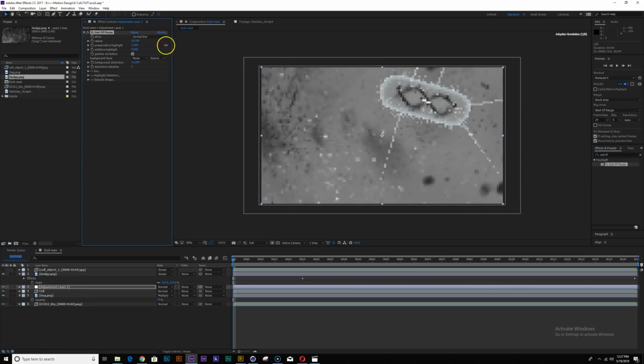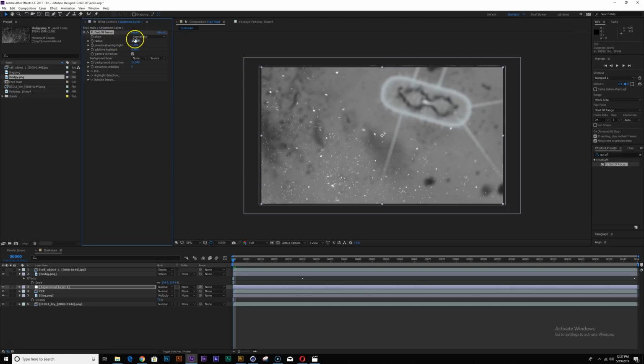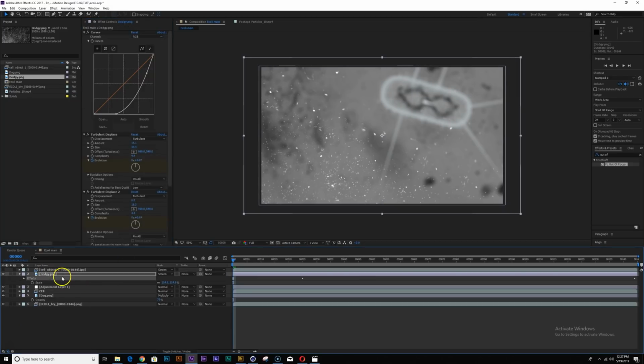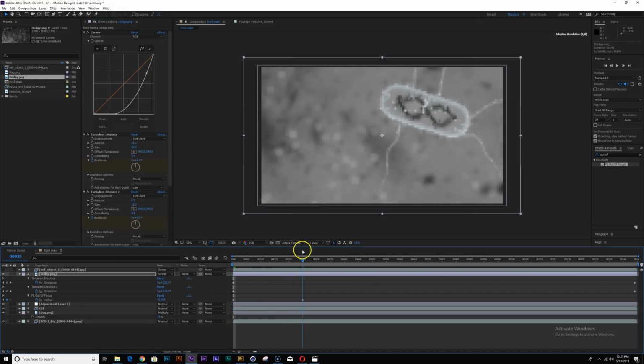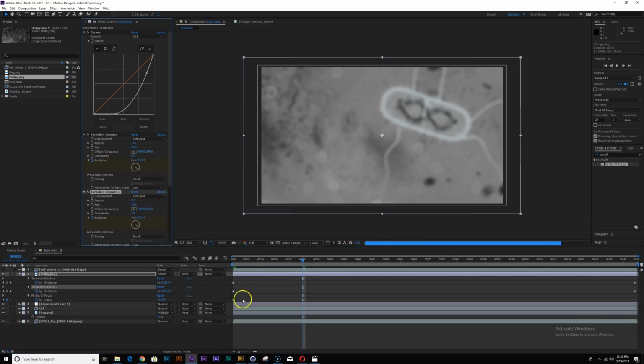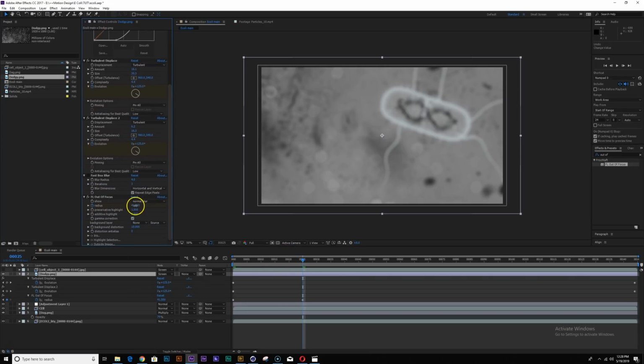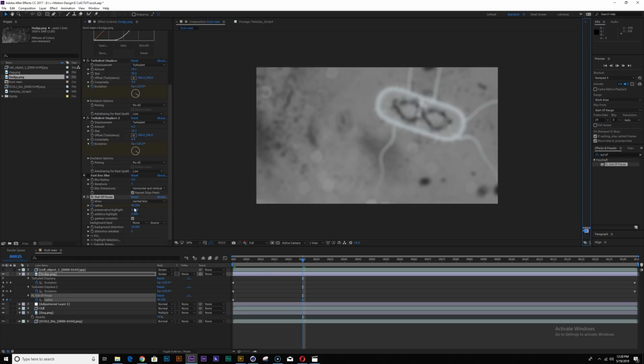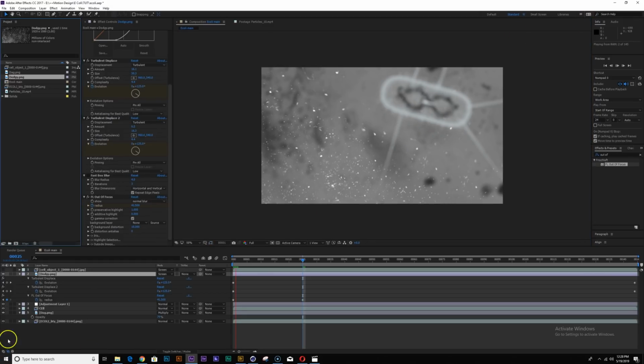Let's crank this up, everything in the back, keyframe, and as the texture blurs out, let's bring this down to 0. Oh, wrong effect. 0. What the hell? Sorry.